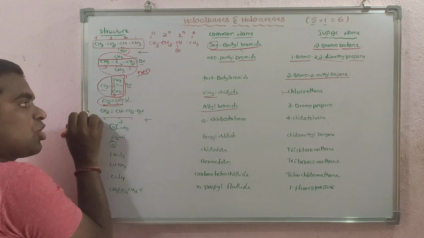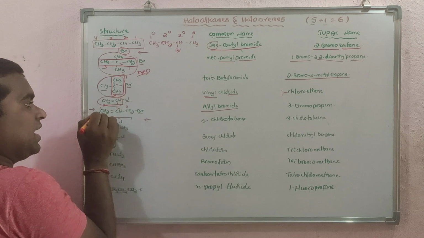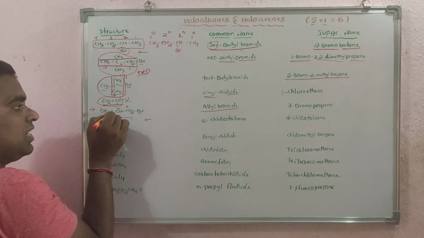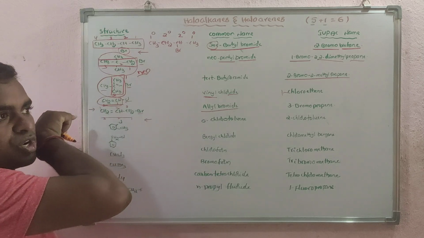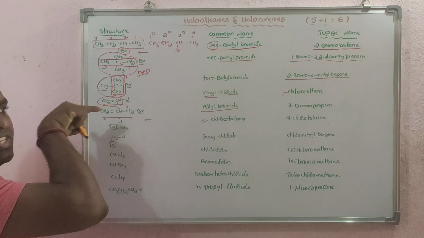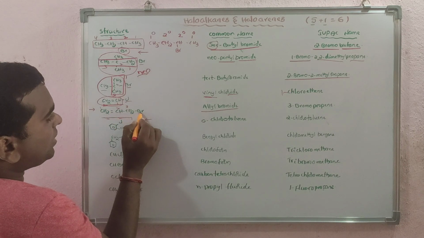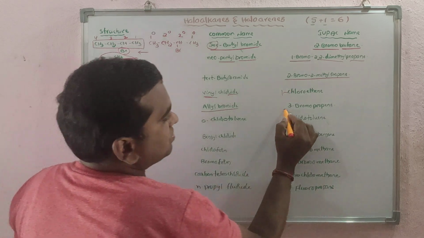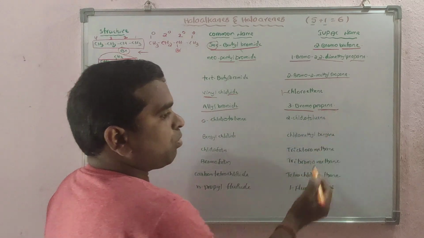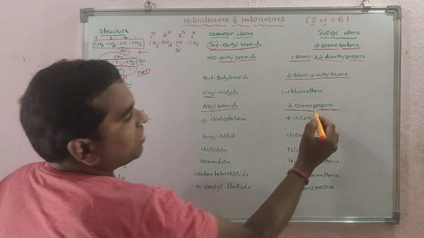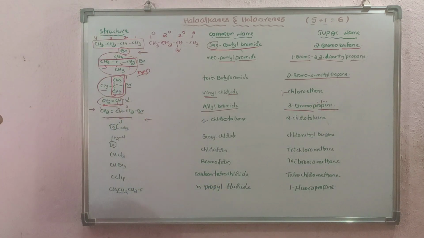Number 2. But if I start giving numbering from this side, 1, 2, 3, the double bonded carbon is getting 1. So it has much more priority than the bromide. So that's why you have to start giving the numbering in this way. So you have to write that bromine is present on the third carbon. So that's why 3-bromopropene. Why? Because the double bond is there. Propene, or propane where it is present, prop-1-ene also you can write. Prop-1-ene, no problem.